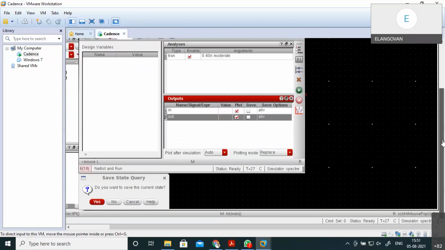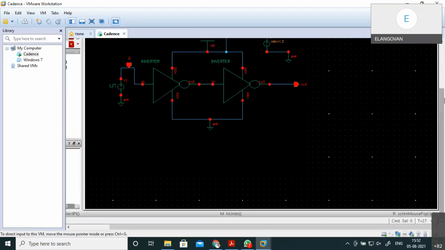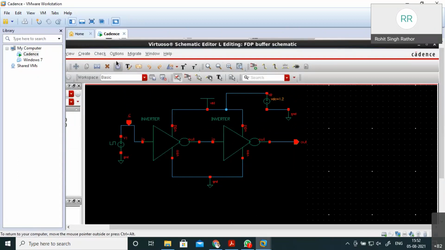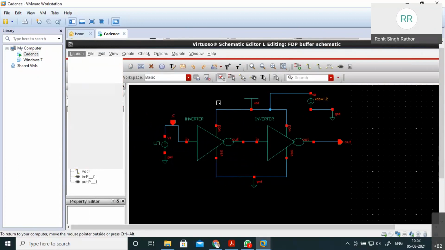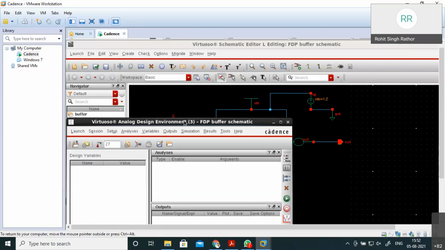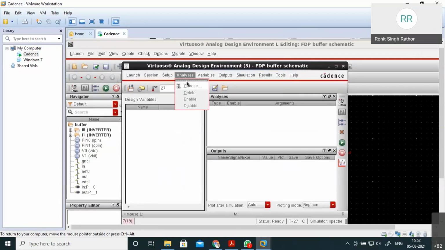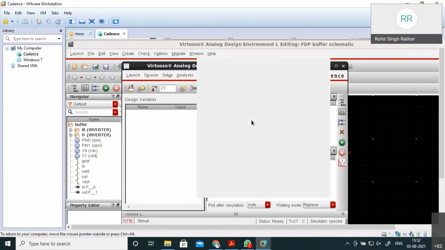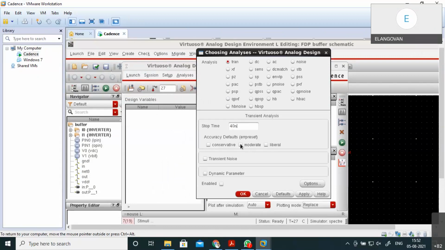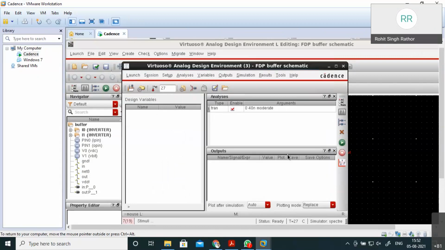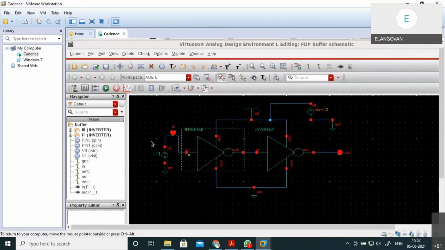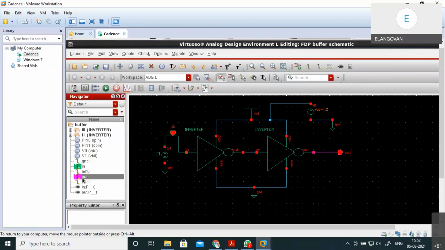Let me try it once. Analysis. Controls, in and out.